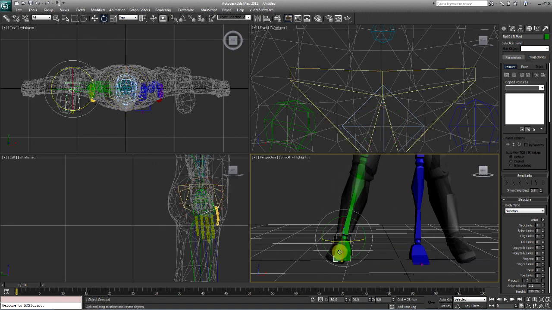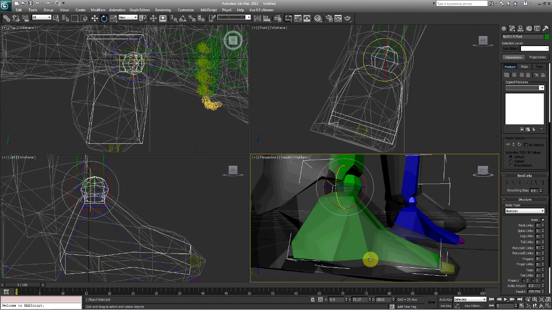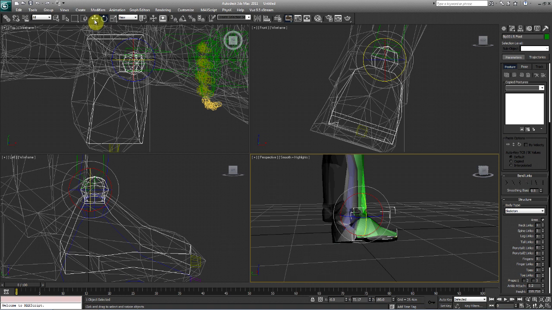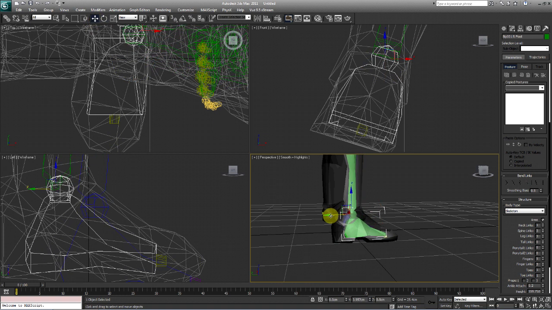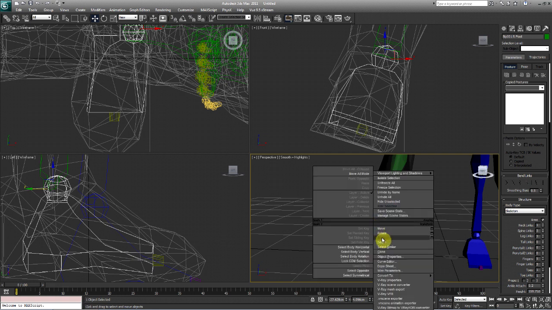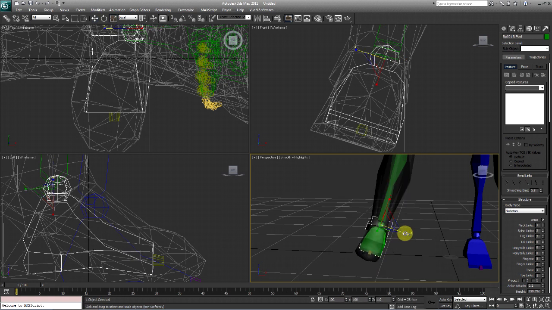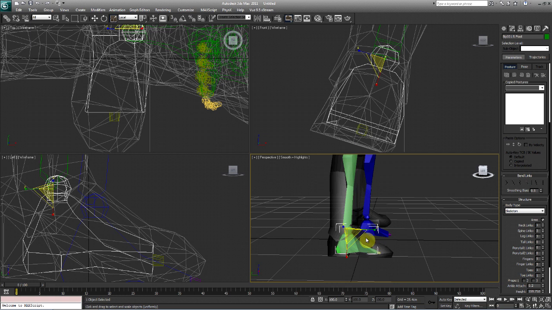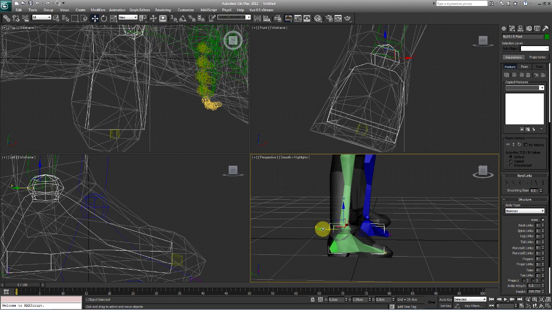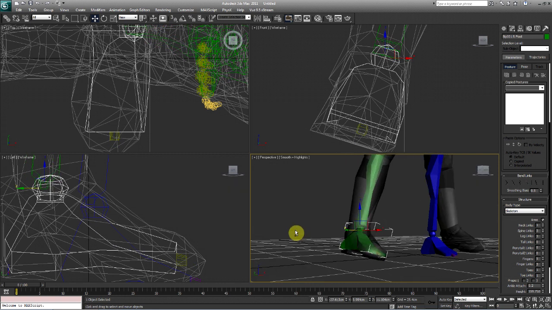If not, fill it in, if that makes sense. Alright, we're going to scale that on the z-axis, and we're going to pull it on the y. We'll move the foot back just a little bit, about right there. Okay.